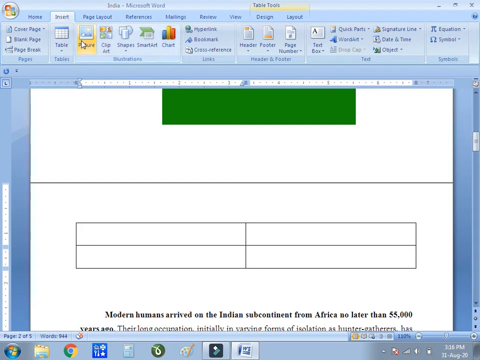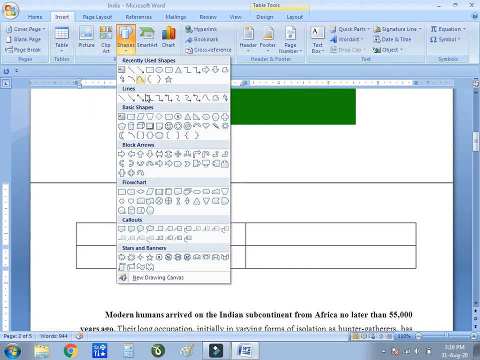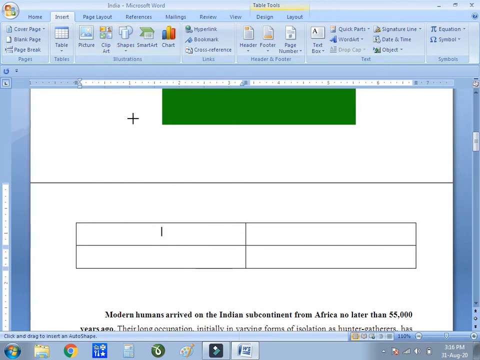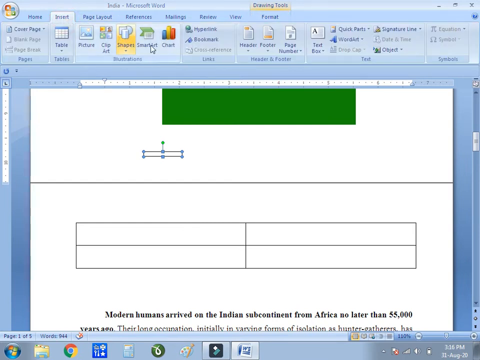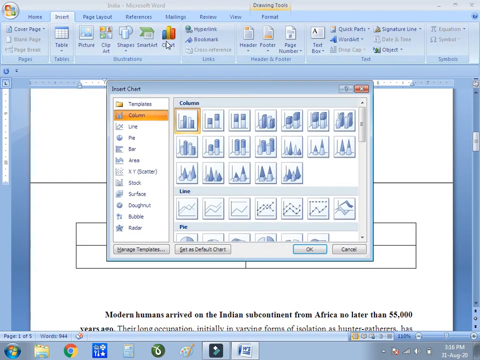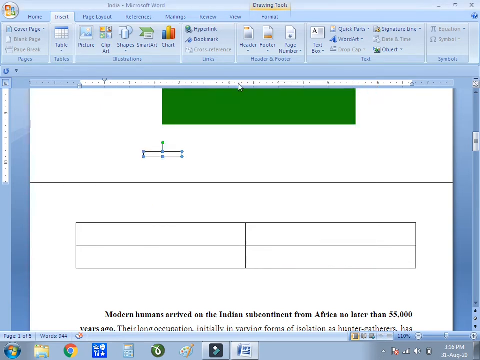Then suppose if you want to add any kind of a picture, you can choose a picture from this option, clip art. You can add any kind of shapes you want, you can add over there, like square. So square is getting added over here. So like this you can add the different shapes from this. Then next is you can add the different types of charts. Pie chart, line chart options are available based on your data and requirement.